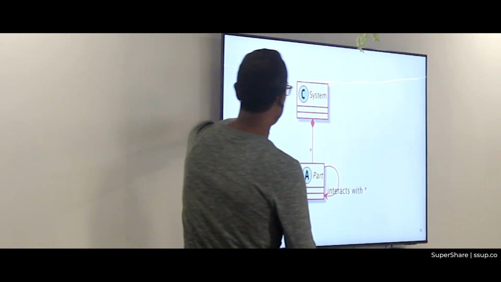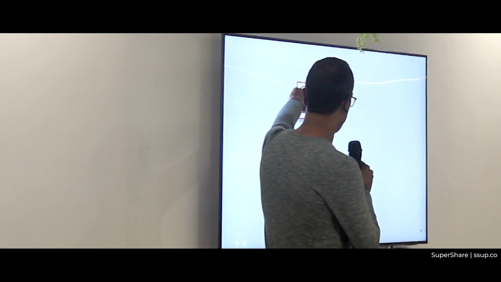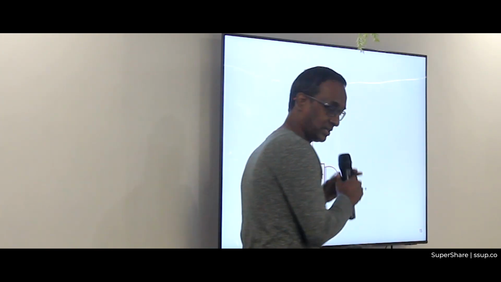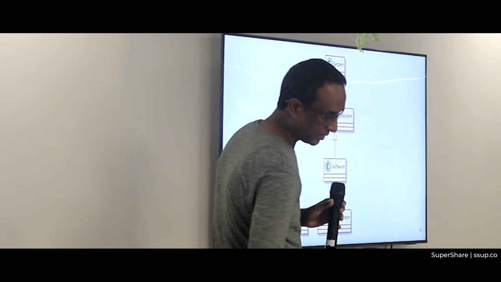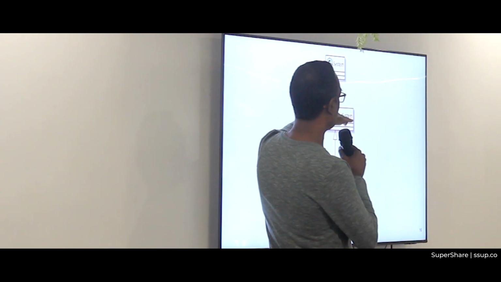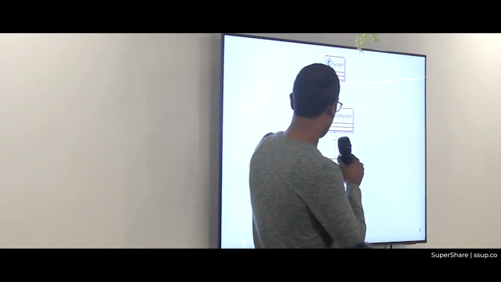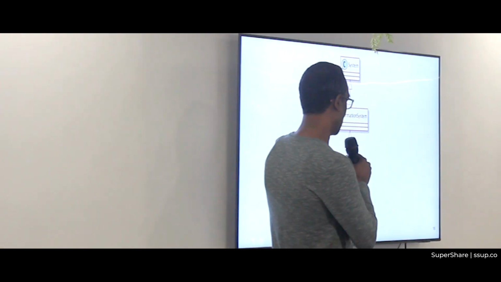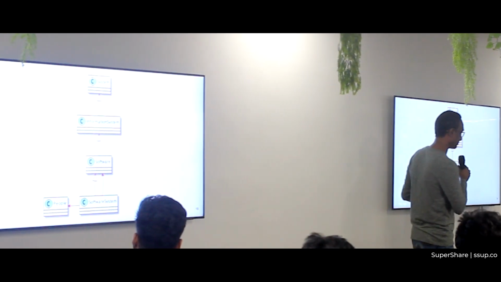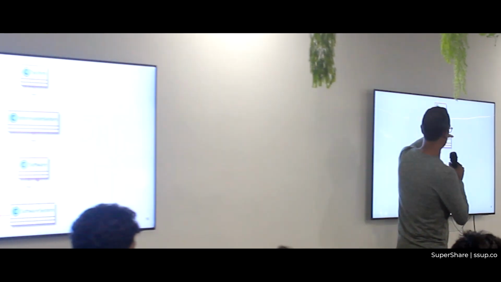This is a UML diagram, not to be confused with the meta model I am talking about. A system can be composed of multiple parts. These parts can have interdependencies and they can interact with each other. This again is a UML diagram. All information systems are systems. All software are information systems. And I'm referring to something called a software system. A software system is a composite of humans and software. So some of the qualities I'll be talking about will be here, some here, some here, and some here.